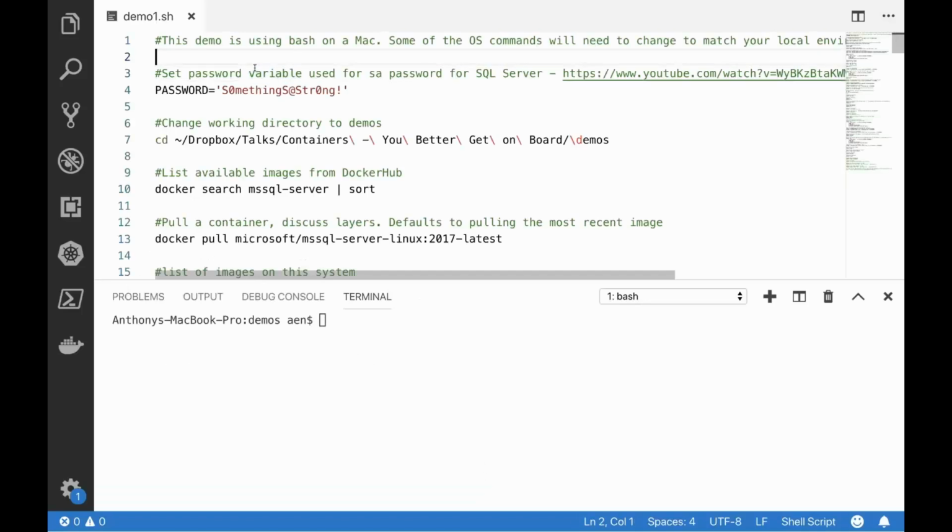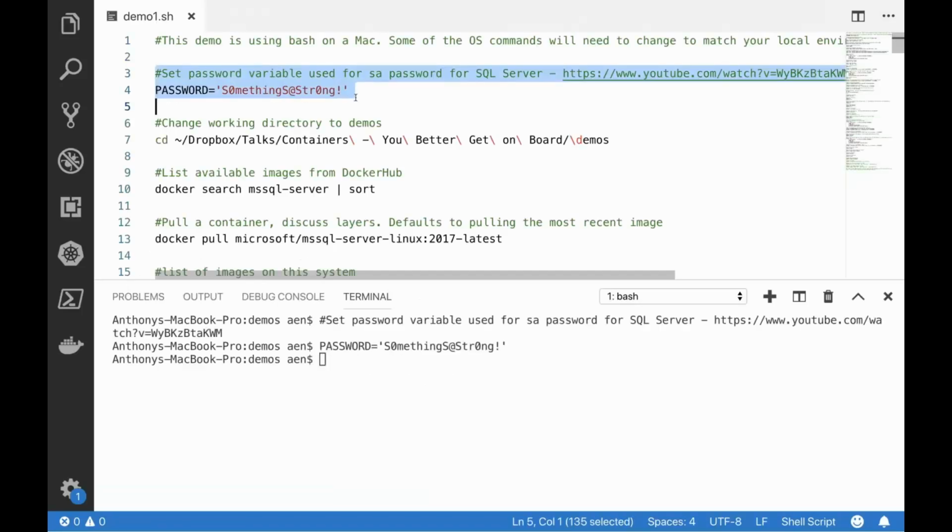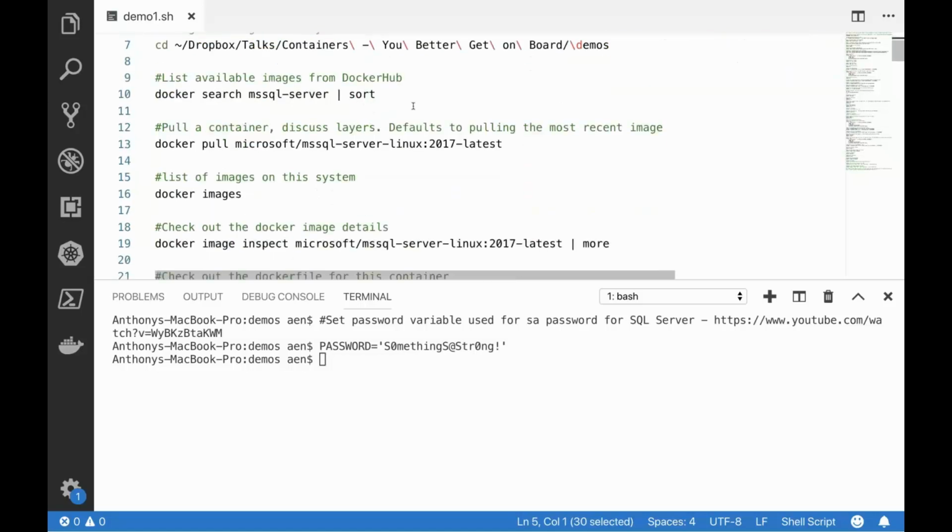And so here we are in VS Code, and I'm going to use VS Code to run the demo so that I don't have to type all of these commands over and over again. So you'll see me highlight and execute the code, and the output is going to show up in the bottom right there. All I did right here is load up an environment variable, so I don't have to type that over and over again. Make sure I'm in the right directory.